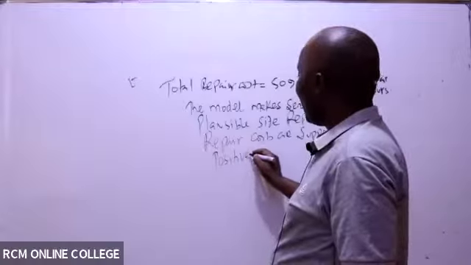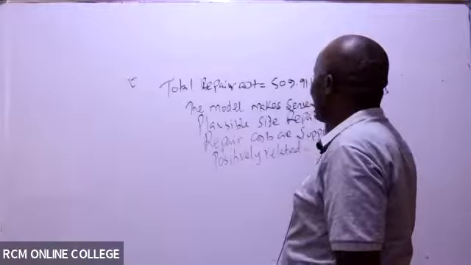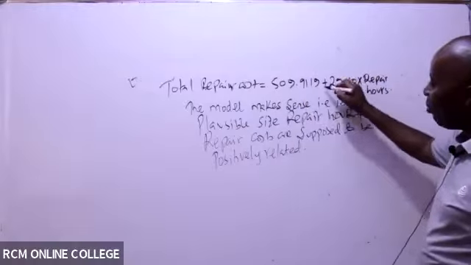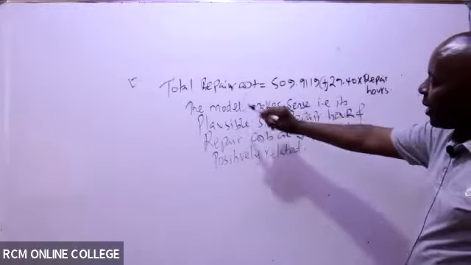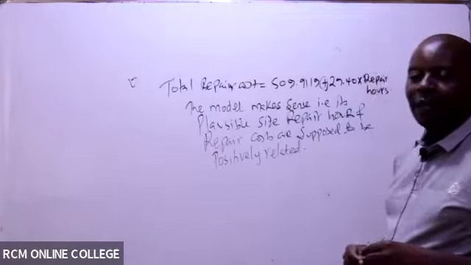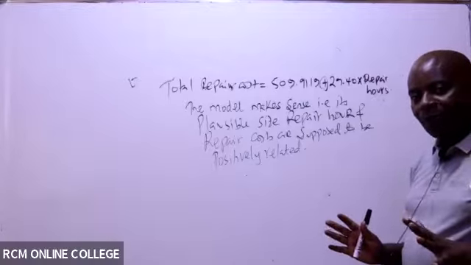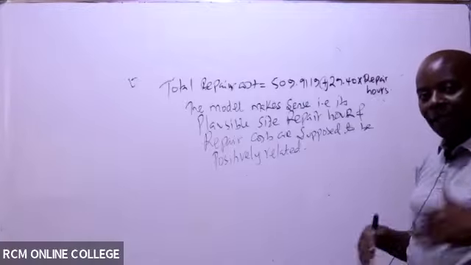And this is exactly what the formula shows. There is a positive relationship between repair cost and what here? Repair hours, like that. So just be very, very keen with the sign and the general knowledge that you have